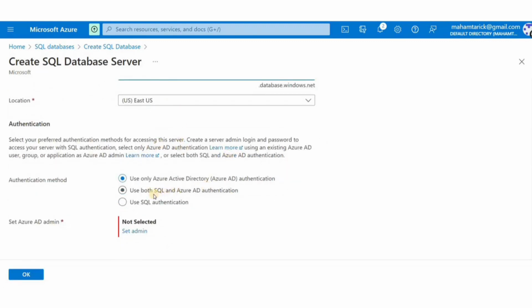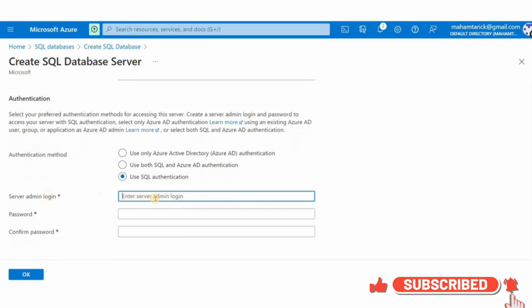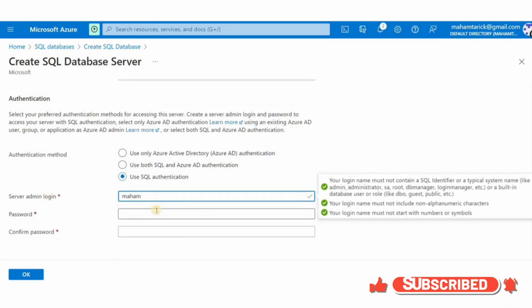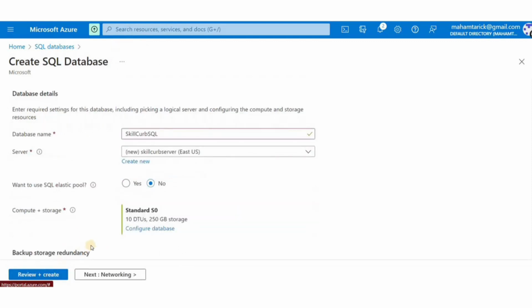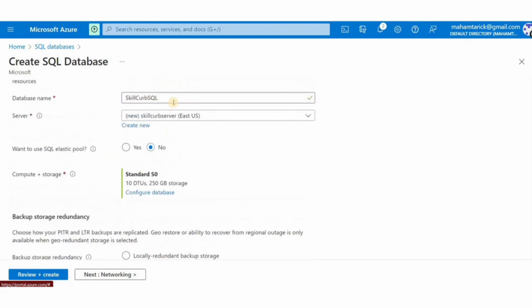And then I'll choose the authentication method as SQL authentication for this demo only. I'll put in my name as the admin login and then add a strong password. And then click on OK. We don't need to change any other setting here, so I'll just go on to the next section, that is